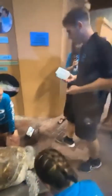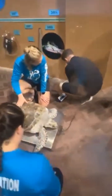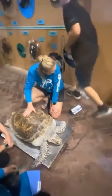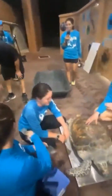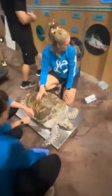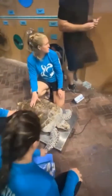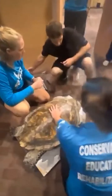Our Director of Animal Care, Chris Gorman, and his staff are, it looks like, working to take her first blood draw with the organization. So I'm going to give Chris a minute to get settled and then see if he can multitask and talk to us at the same time and tell us a little bit about what we're looking for and what we're doing with Bagua. As you can see, she's very relaxed. She's had a long day. Sam said she was very active most of the day in the plane. So we're going to let them get settled in and get started, and then Chris is going to explain to us